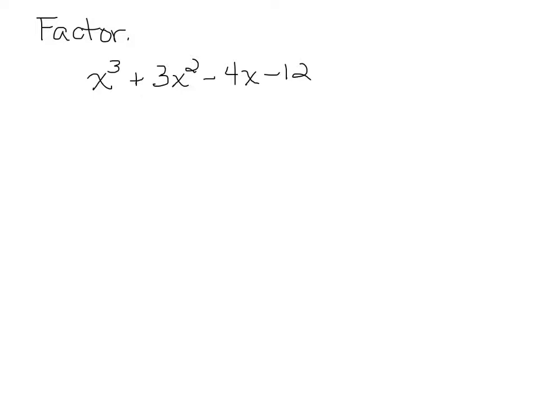In this example, we're going to factor using the general strategy. The general strategy tells us to first look for a greatest common factor, a number or a variable that will divide every term. Notice here that in this problem, nothing divides all 4 terms. Therefore, we move on to the next step. And the next step tells us to look at how many terms we have. Since we have 4 terms, the method that we'll need to use is the grouping method.